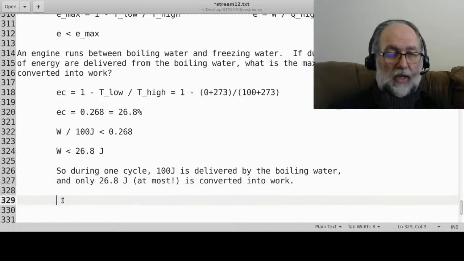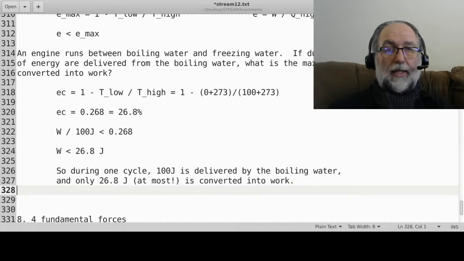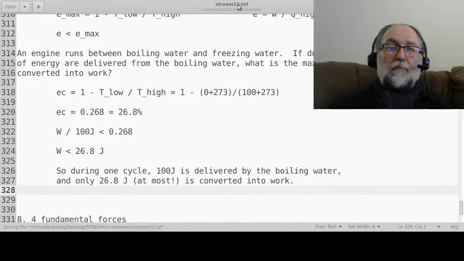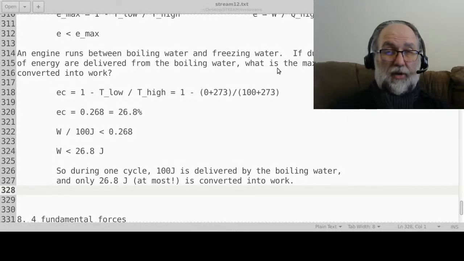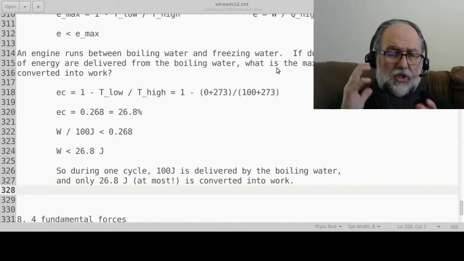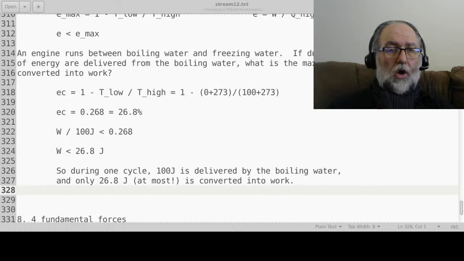Okay, so there you go. There's a heat engine for you, and an example of the second law. So the second law is mathematically pretty easy, but it's a little bit conceptually demanding. You have to imagine what's going on in the situation in terms of a heat engine. Okay, so we're done with thermodynamics,